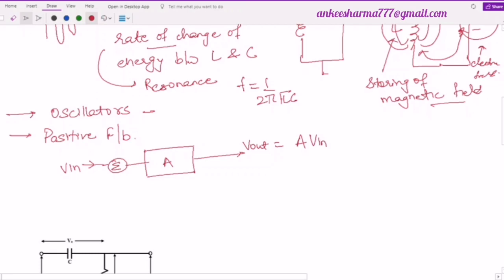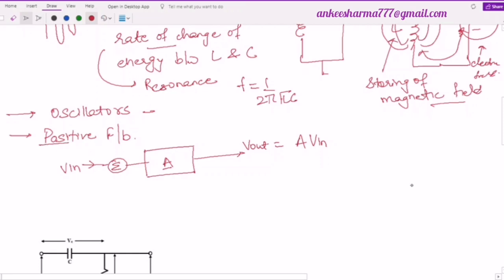This is the simple operation of an amplifier. Whenever we apply an input, definitely some DC signals will be there. I'm not calculating those, or I'm not drawing that. Whenever we are giving an input to this amplifier, that output will be achieved, and that input will be multiplied with the gain of the amplifier, right? Now I'm going to give the positive feedback over here.